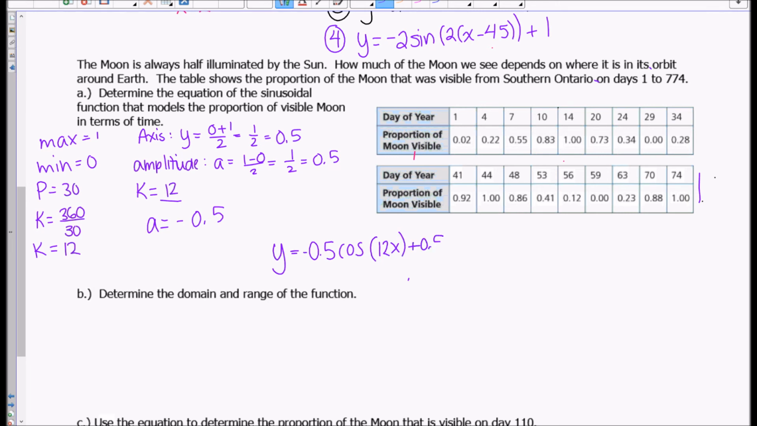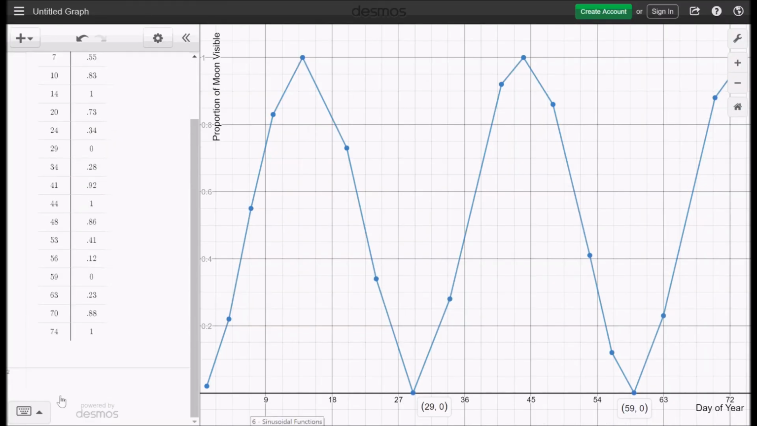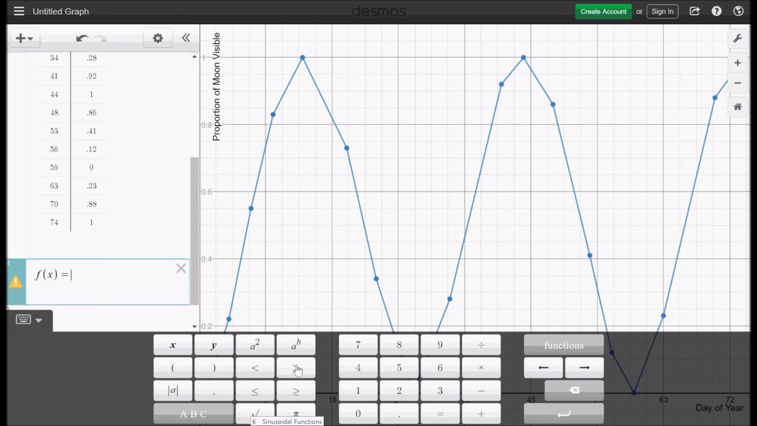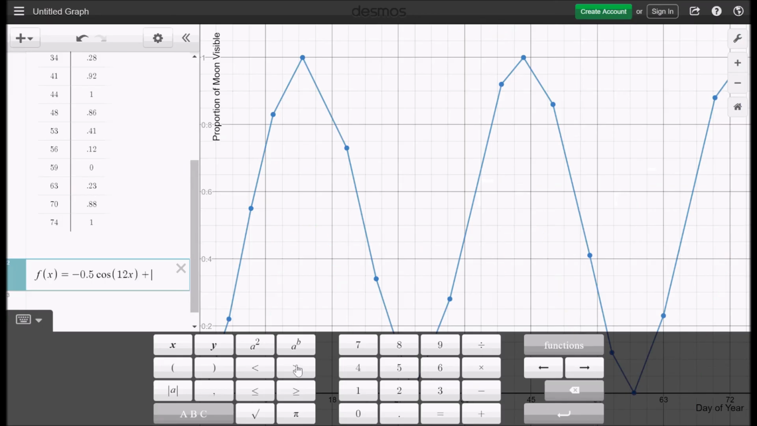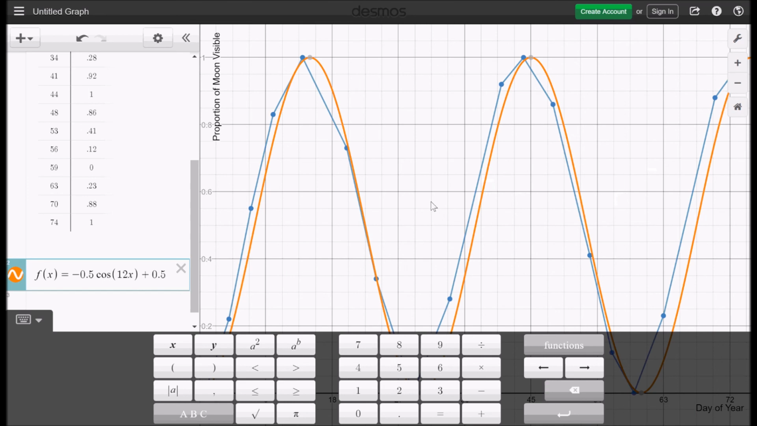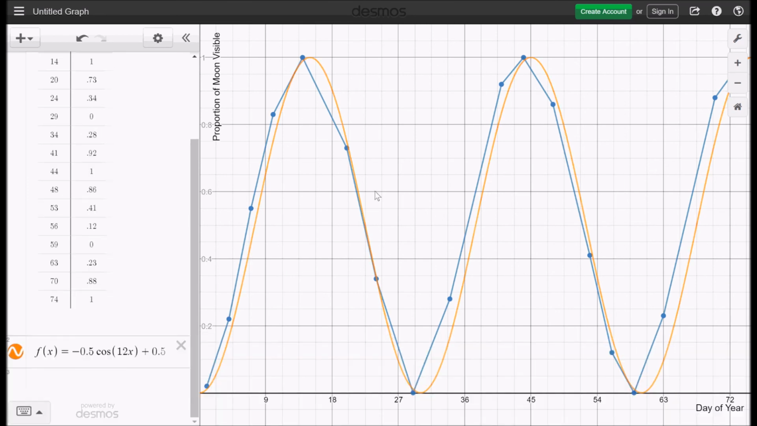plus 0.5. And you know what, you guys, let's do this in function notation because I haven't done that in a while, and I want to make sure we're still okay with function notation. So we're going to say f of x equals negative 0.5 times the cosine of 12x plus 0.5. Now I'm going to go ahead and graph that on top of my chart that I have in Desmos. And I'm going to verify that this equation really is going to work. So I'm going to say f of x is equal to negative 0.5 times the cosine of 12x plus 0.5, and it appears to pretty much fall on top of the